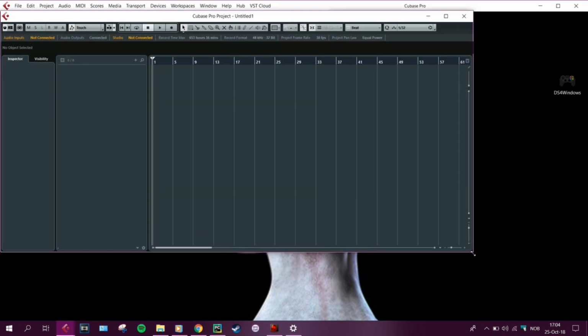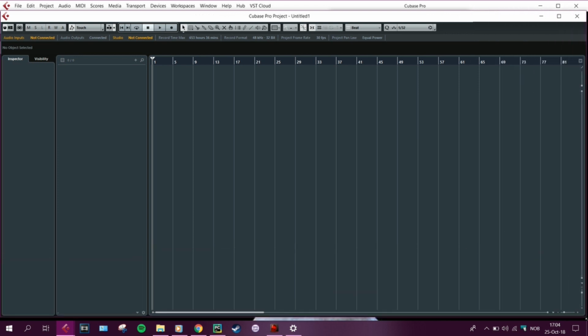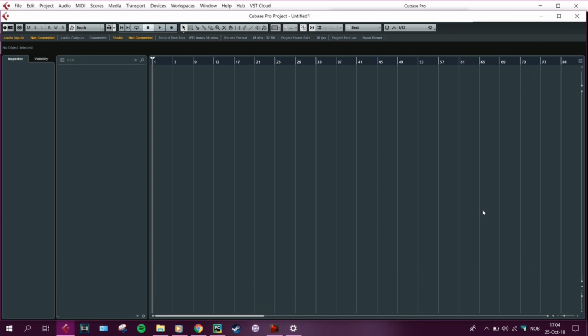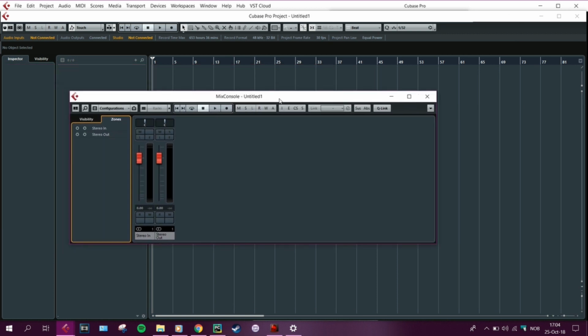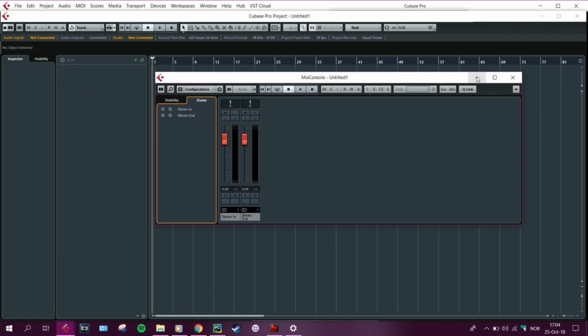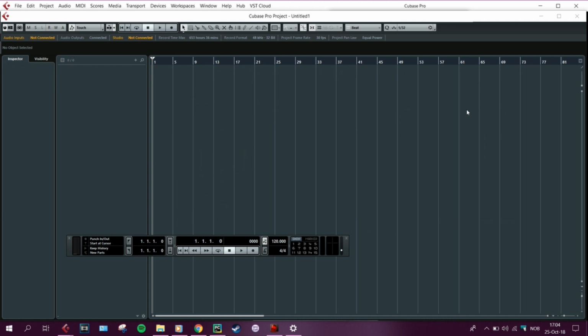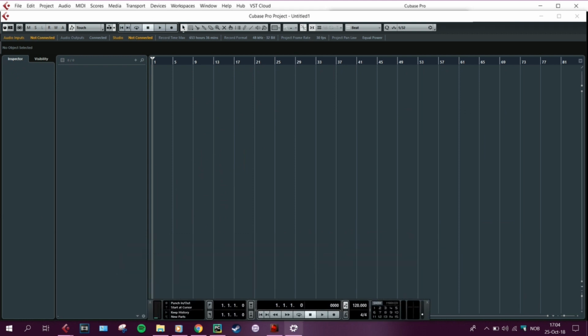Whoa, there's another screen. What you see I'm doing with my cursor here, I'm trying to make it bigger. So we're gonna make it full screen for now. Then you press F3 to open the mixer. This is the mixer. More about this later. F2 is really important because this is your transport and you have a lot of functions like looping, metronome, pre-count, setting markers,